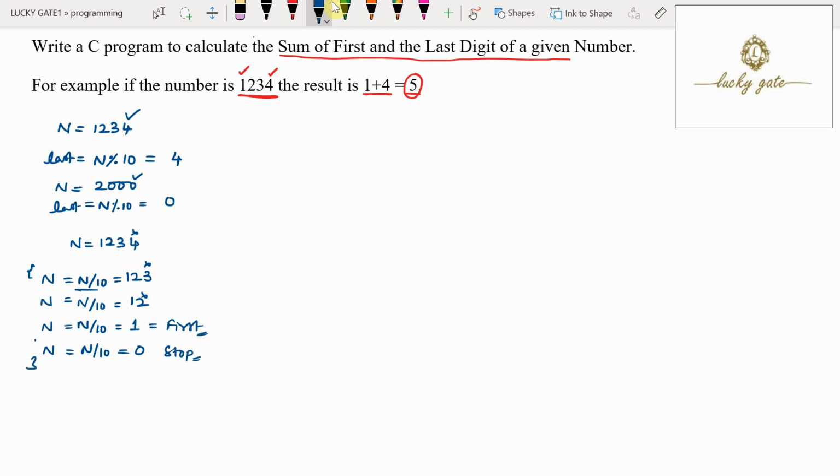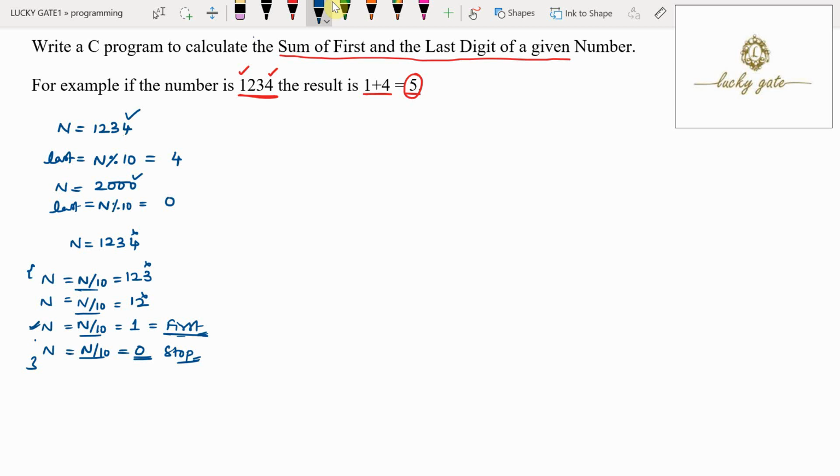You have to divide the number repeatedly by 10 and stop the process until the number becomes 0. A step before the number becomes 0, whatever number is there, you consider that number as the first.